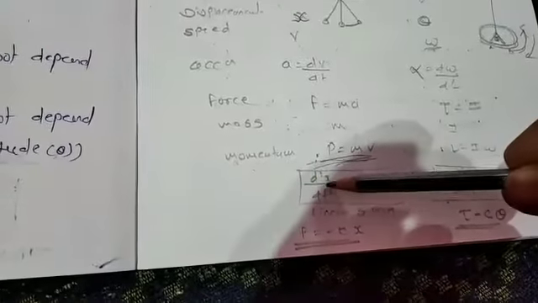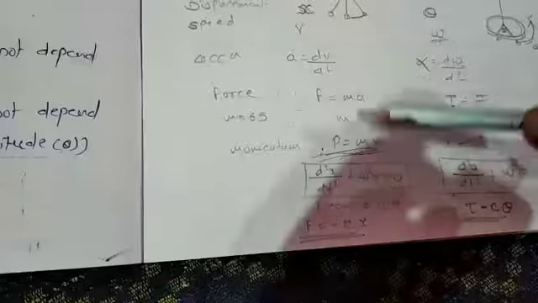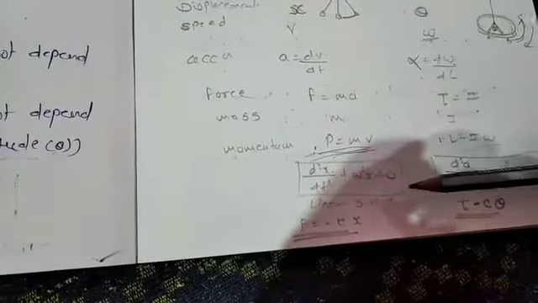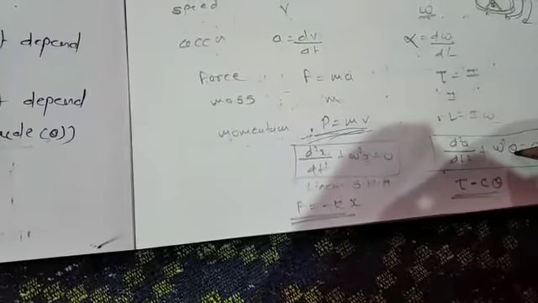And the next is the equation of SHM. We have seen this equation of SHM for the linear motion, that is d square x upon dt square plus omega square x is equal to 0. So in the angular it will become d square theta upon dt square plus omega square theta is equal to 0, where x is replaced by theta, the displacement.